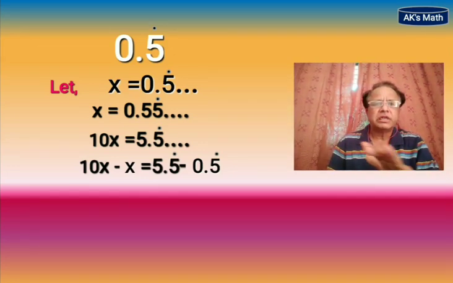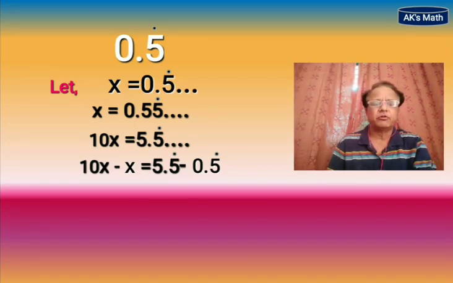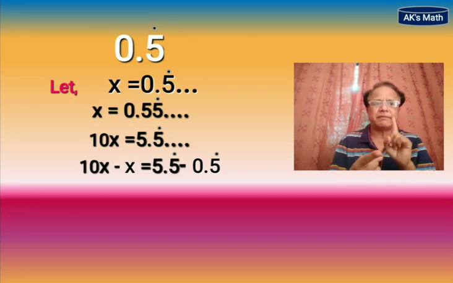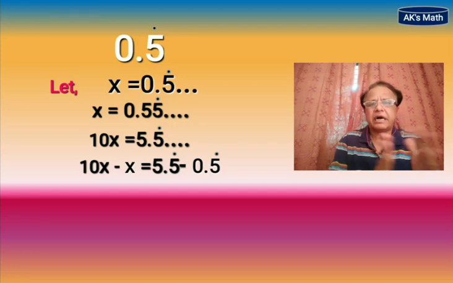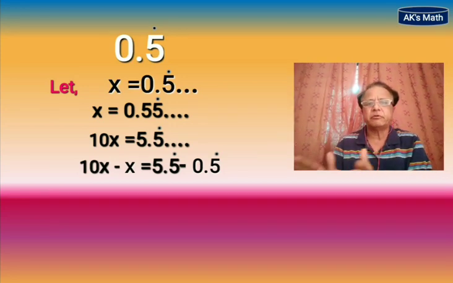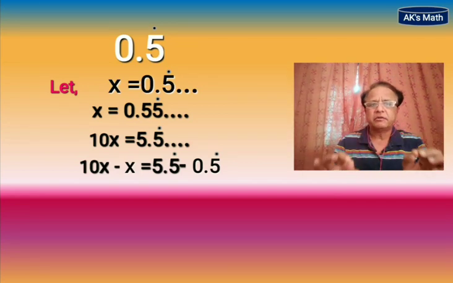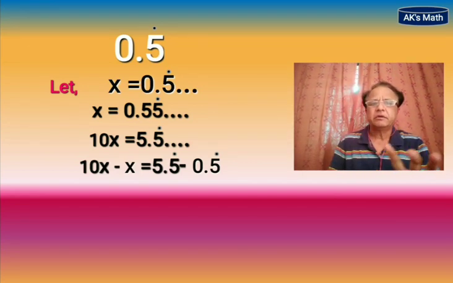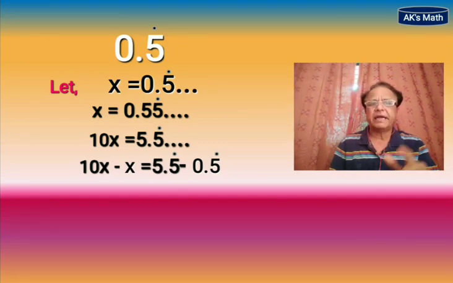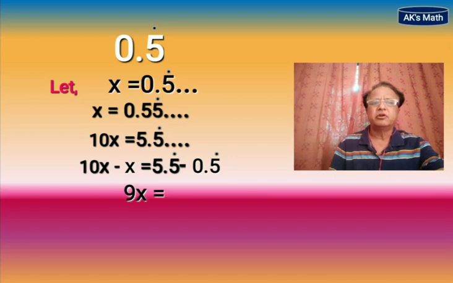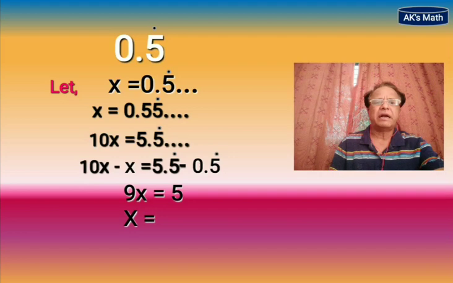So just subtract these two, both will be cancelled. So 5 and 5 minus 0. Remember student, एक बात हमको ध्यान में रखने की है कि डेसिमल के आगे का हिसाब हमको आगे रखने का है, पीछे का हिसाब हमको पीछे रखने का है. सो आगे का हिसाब तो कट हो गया, 0.5 recurring, 0.5 recurring, both cancelled. Now before that those decimals 5 and zeros are there, so it becomes 5. On this side 9x is equal to 5 now, so x is equal to 5 by 9.